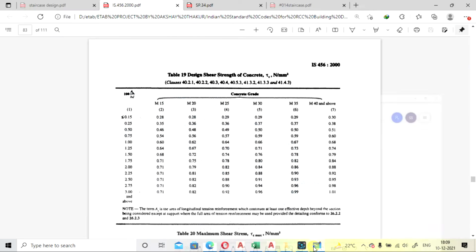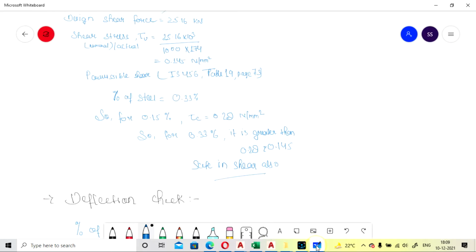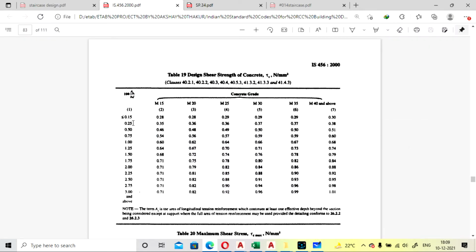So here if you see, for percentage less than 0.15, we have taken the grade M20, so the M20 value is 0.28 Newton per mm square. Okay, here our percentage is 0.33, which will come between 0.25 and 0.50. So our design shear strength will come between 0.36 and 0.48.